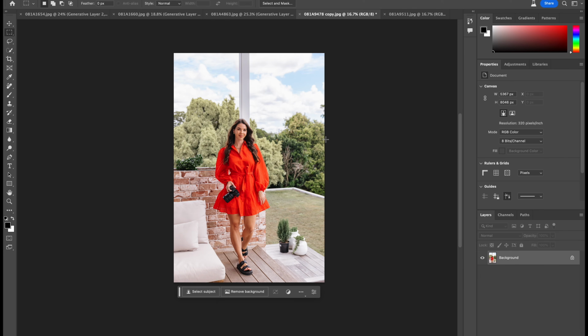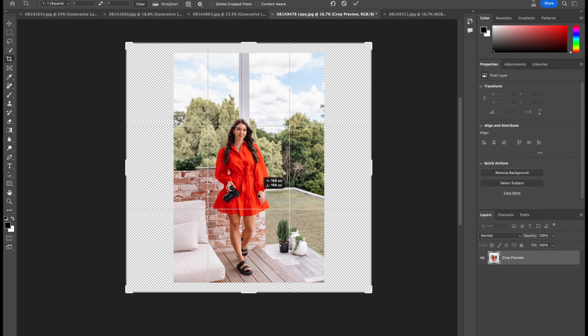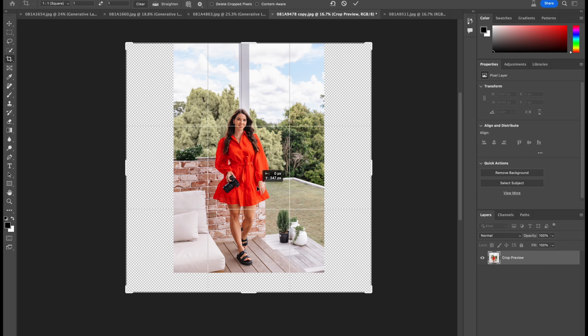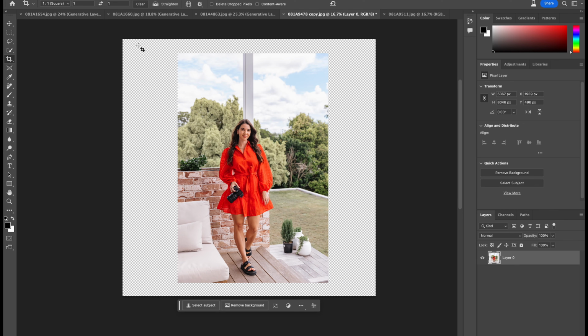Okay, so I thought I would show you one last application, and this is actually to personal branding photos. So obviously this is me, but I want to extend this background to make it a square crop. So the first thing I'm going to do is extend my crop. I think out like that. That's good. Maybe a little bit there. Now this is quite a complicated background, so I'm interested to see how Photoshop deals with this. So I'm just going to hit return, and now we need to select